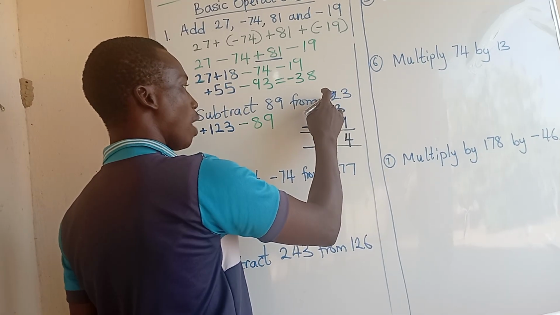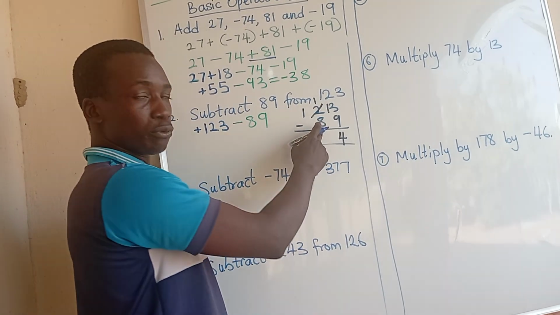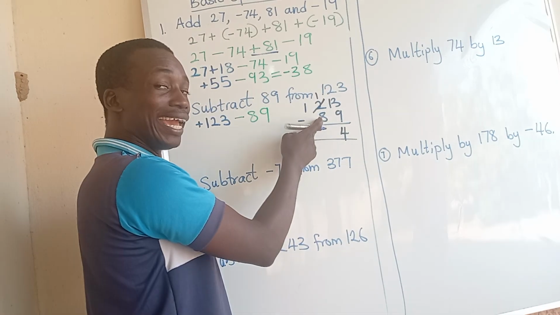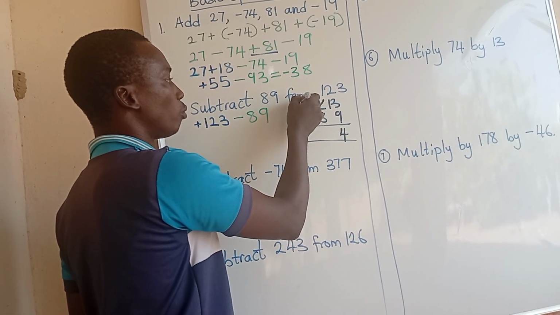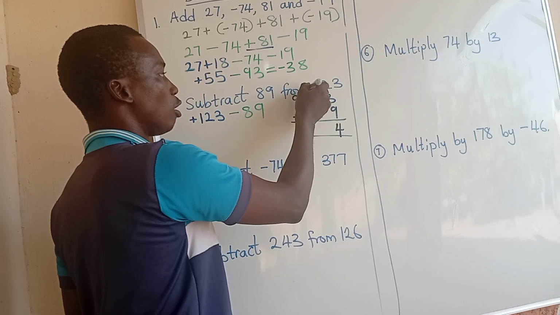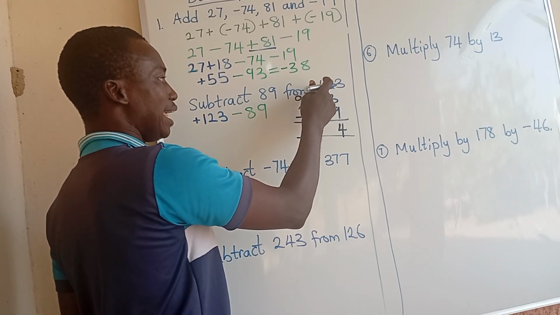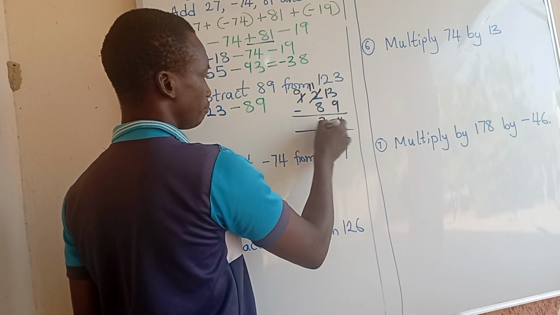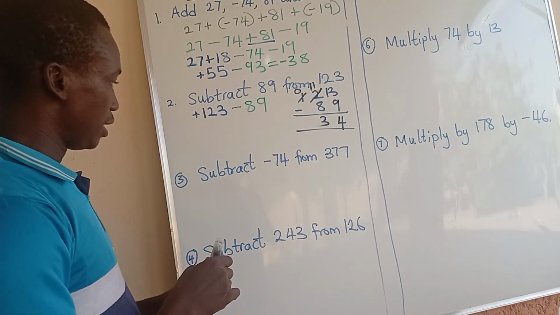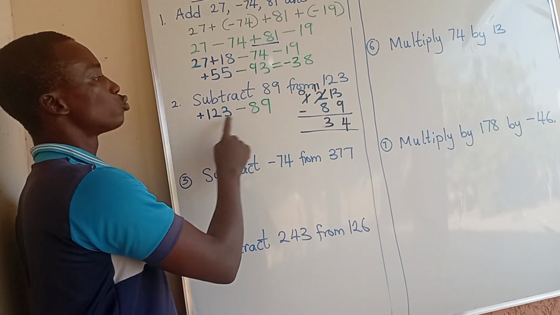And we say 1 minus 8, the same problem again. We cannot take away 8 from 1. So we'll come here to borrow 1. This one becomes 0, and this one becomes 11. Then we can now say 11 minus 8, which will now give us what? 3. So that means the subtraction of these two numbers give us